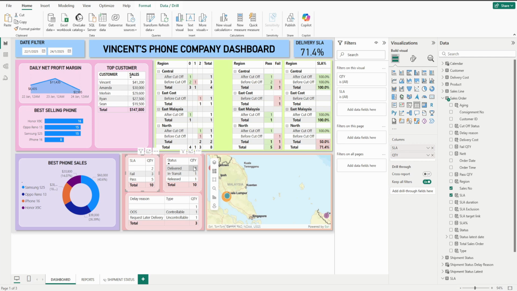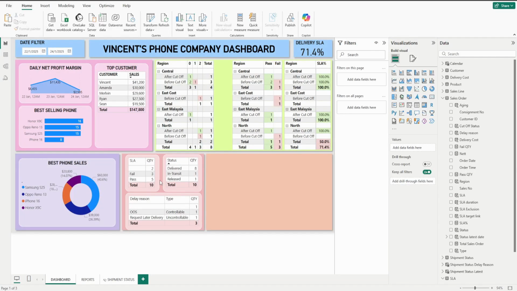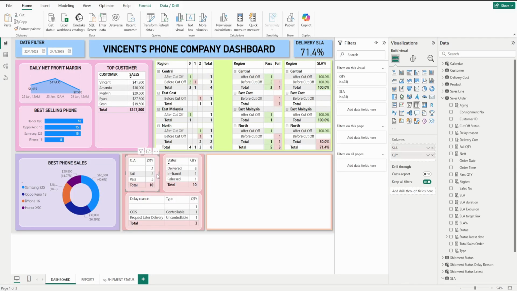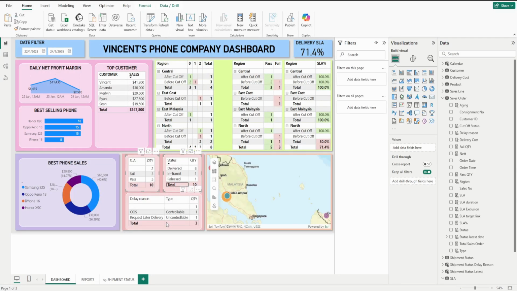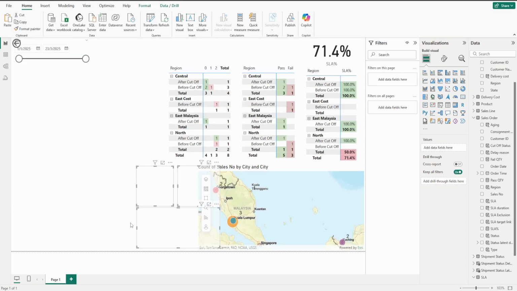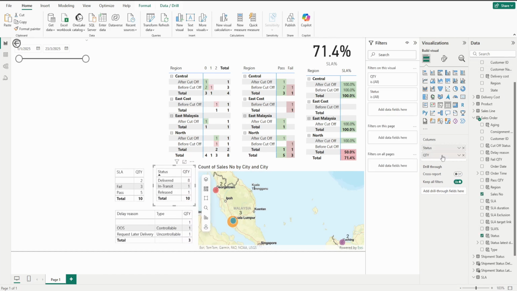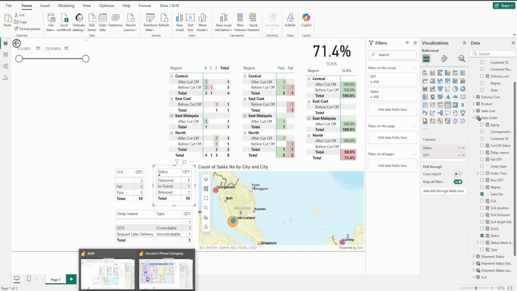Here 8 delivered, 1 still in transit, or 1 still at the release processing stage, right? All these informations. So I can actually copy all these tables. Let me click on shift to multi-select, and I can actually go to my draft Power BI and paste it right here. You can see, because all the information is the same,